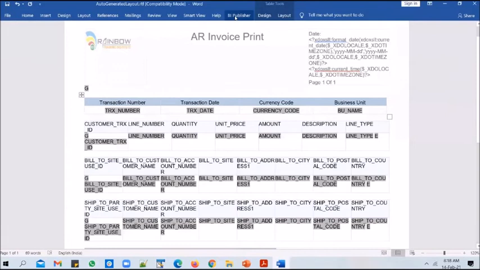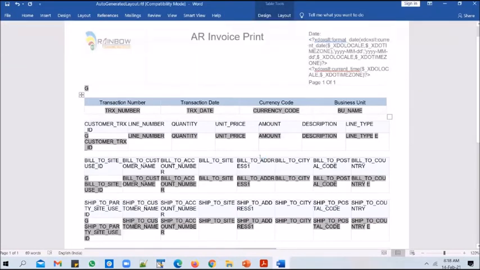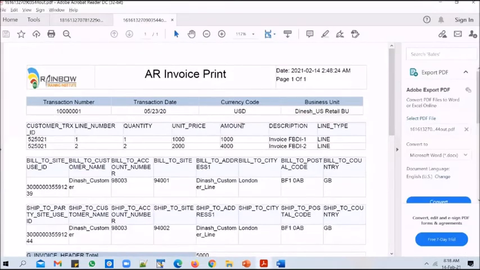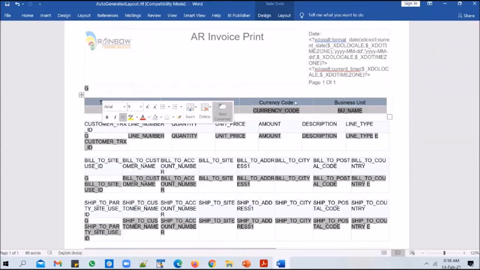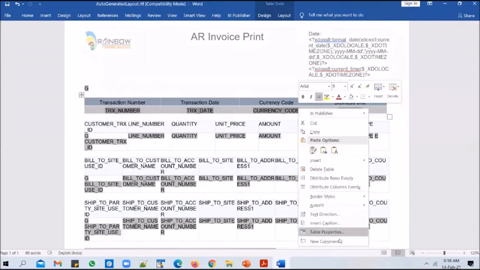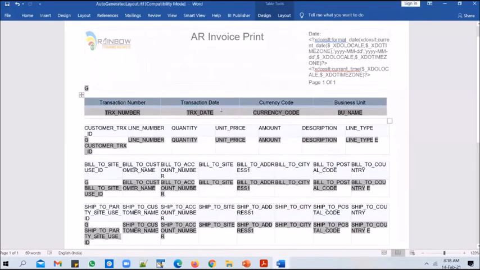So this was quite irritating, the banner at the top. So I go to a PDF now and I could see the output generated. It's looking better. So I can probably make the size as 0.25. Table properties. I can make it as 0.25. Yeah, that's fine. It's looking good now. So the first table is fixed.